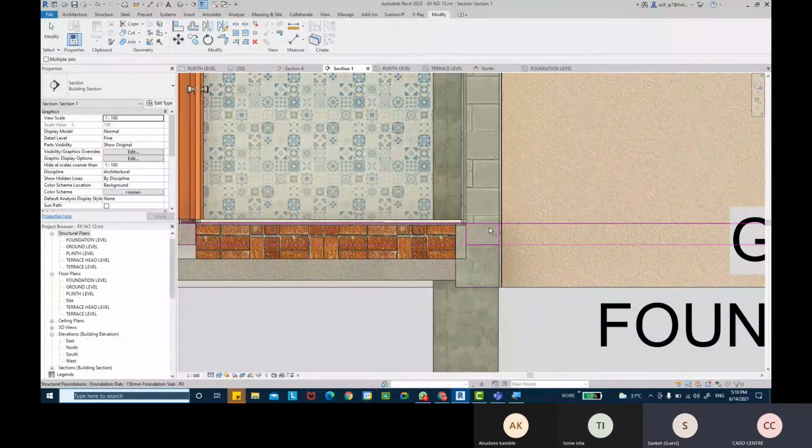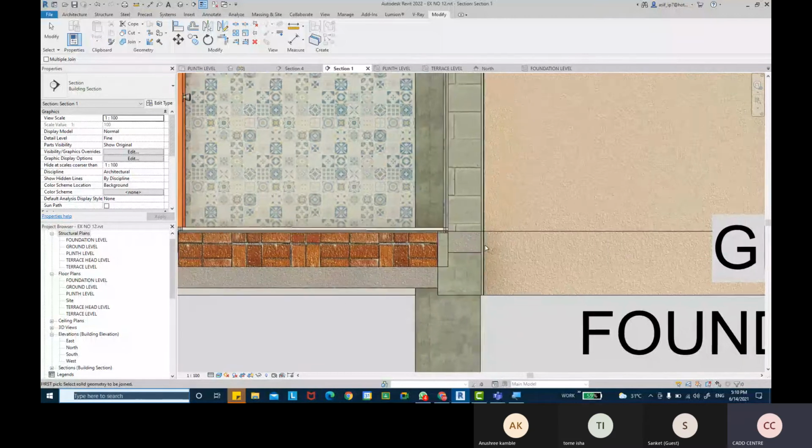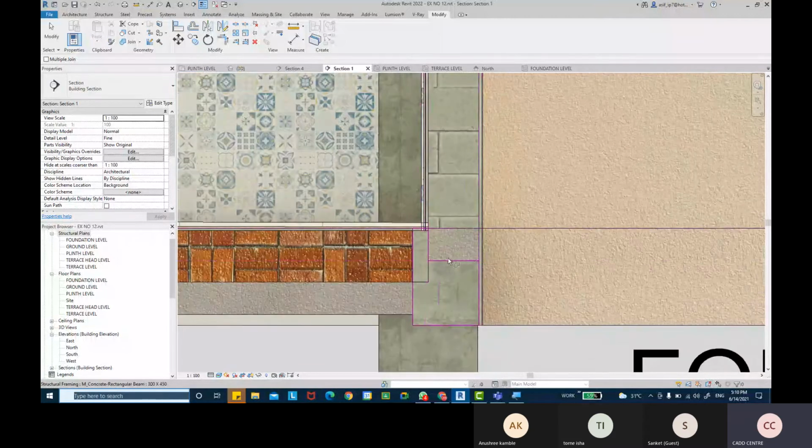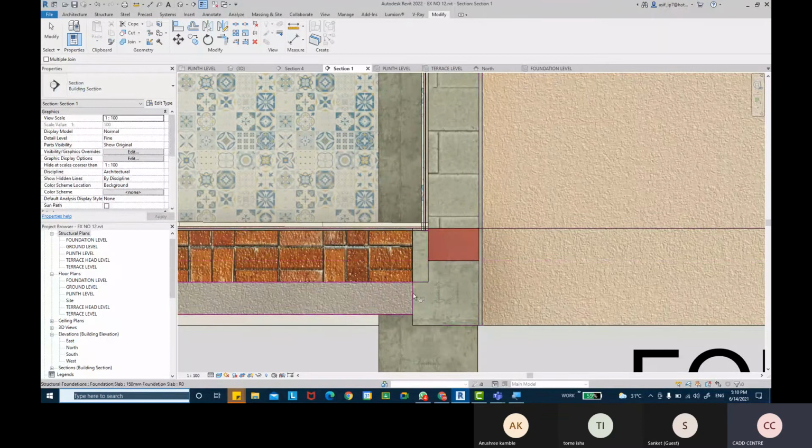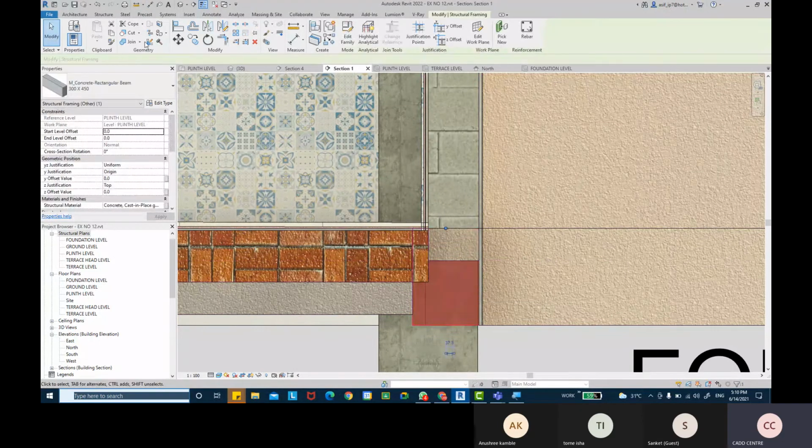Okay. So even this slab is getting hit. So see, we just have to fix these errors that we are getting. Like all of my beams are overlapping with the slab and everything. So we're going to just use the join geometry tool to fix up these issues. Just make sure that we select the beams. We can take unjoin element as well.